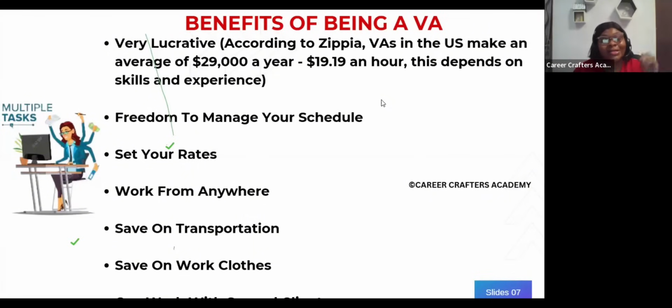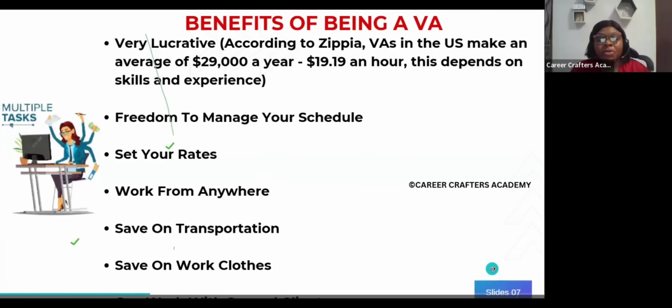Some of us even start, let's say we are running late, we are like 5 minutes from getting home and we're supposed to start work. We start with our phones while heading home until we can get to our laptop. Then you save on transportation, you save on work clothes. I mean, people like us don't need to wear suit and tie. We just throw on some things and we start working. We don't need to complain about fuel, about going to work, about traffic. We don't need to complain about that.